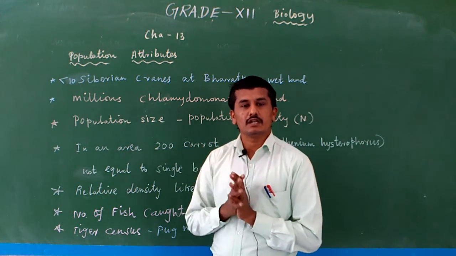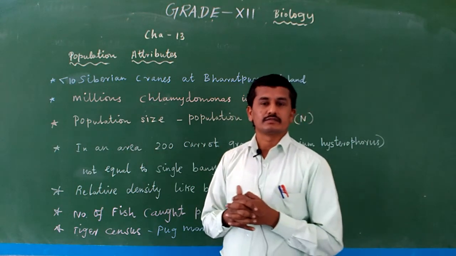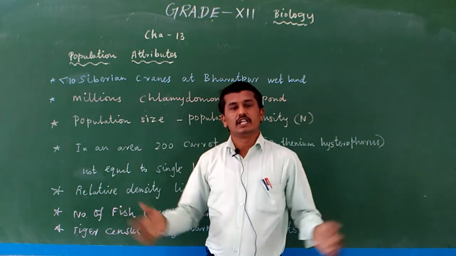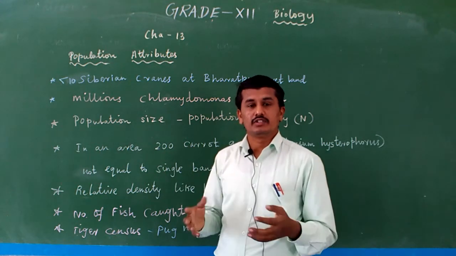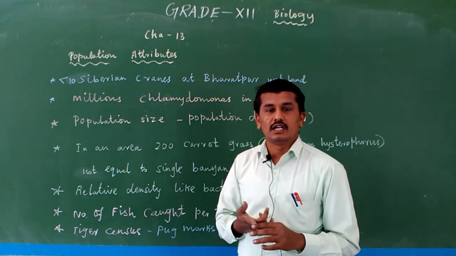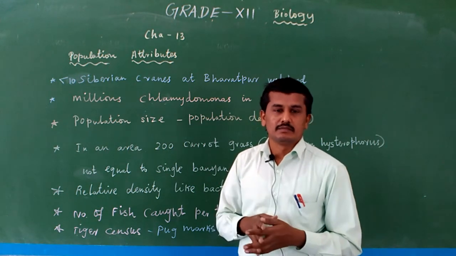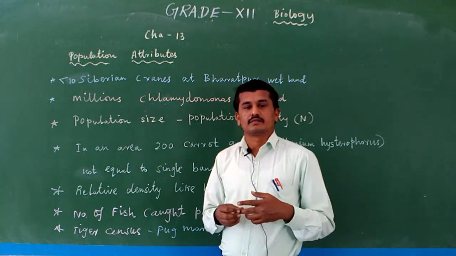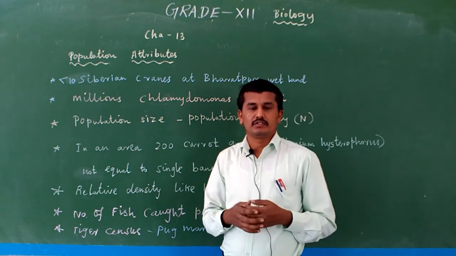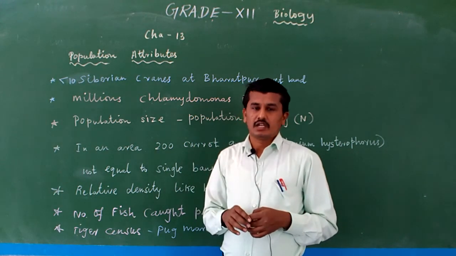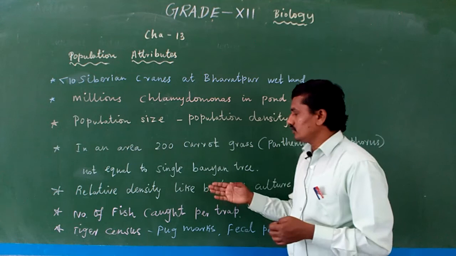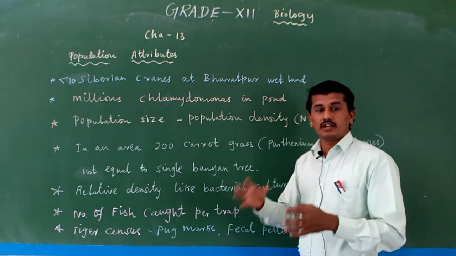Counting a particular bacterial population in a culture plate is difficult. Normally counting the banyan tree is easy because it is a large structure, a large canopy structure with more density and more vegetation. But counting the bacteria, a group of bacteria in a petri dish, is not easy. Normally in laboratory conditions, a petri dish contains thousands of bacteria. So it is more difficult. In this method, we use relative density, not an exact calculation of a number.